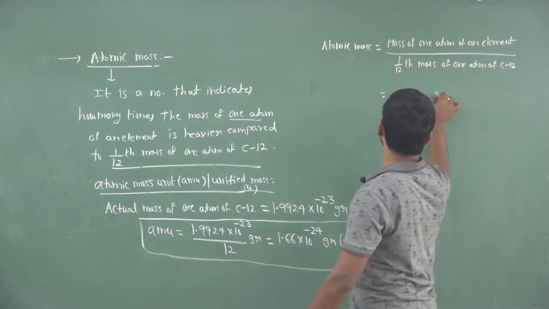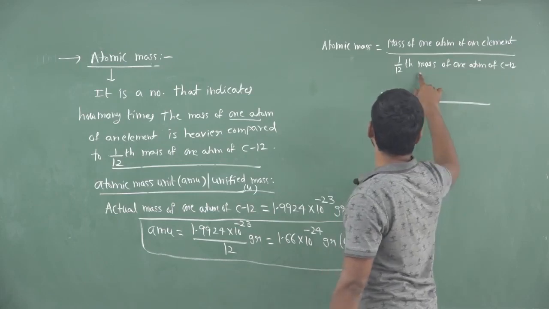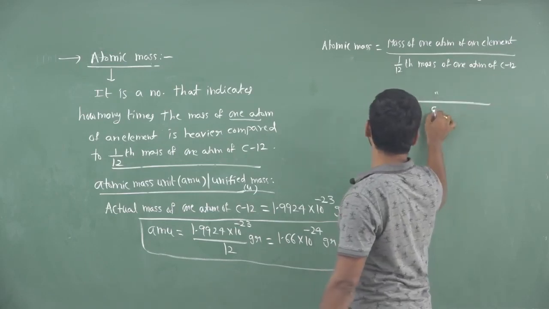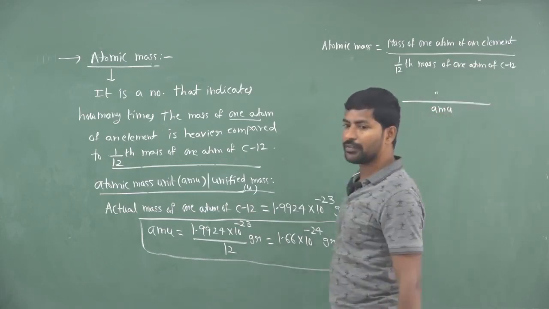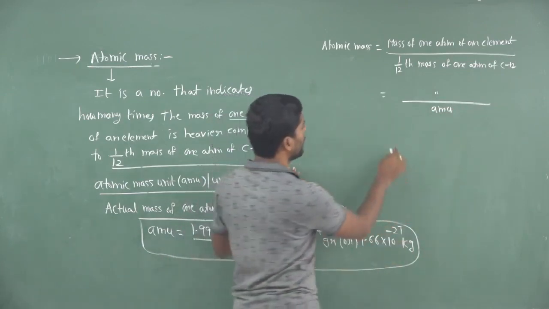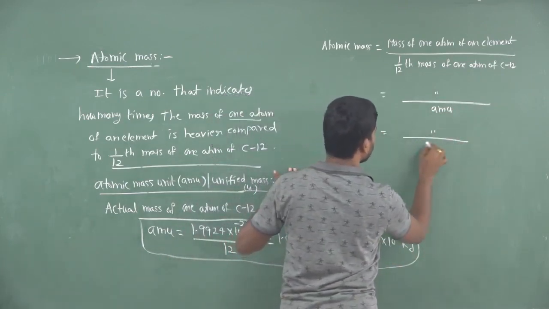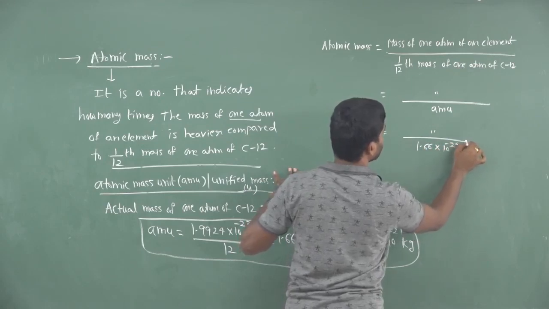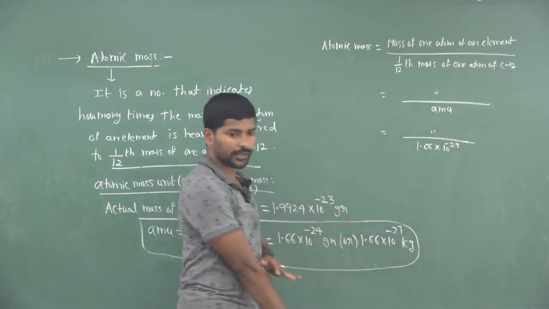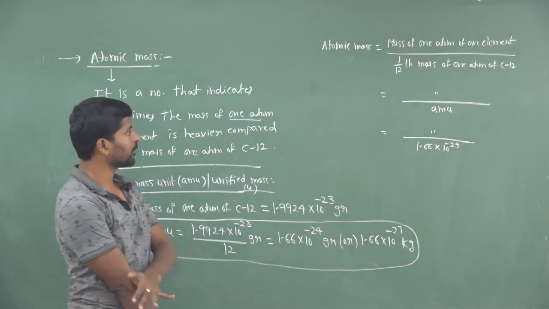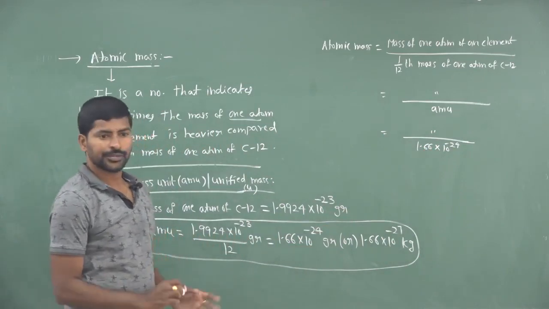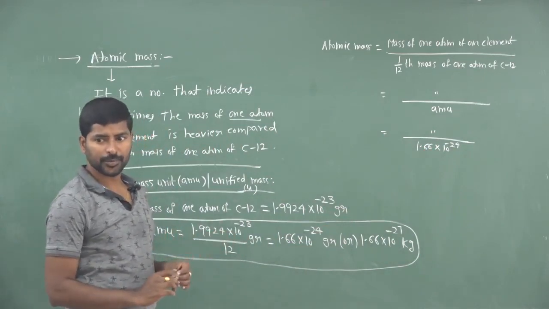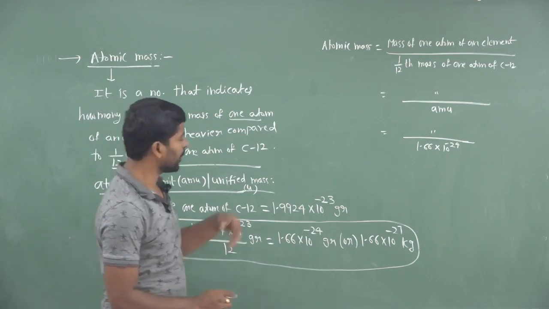Otherwise, the mass of one atom of an element by 1 by 12th mass of one atom of carbon 12 is called what? Atomic mass unit. Or we can write it like this: atomic mass unit is nothing but 1.66 into 10 power minus 24 grams, in grams only. Right, this is the concept of atomic mass. So based on this scale,